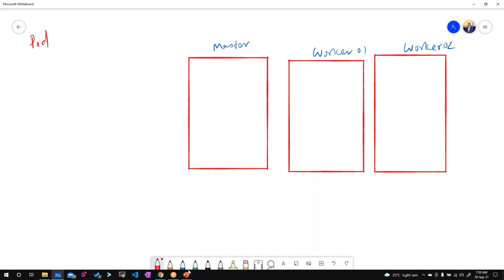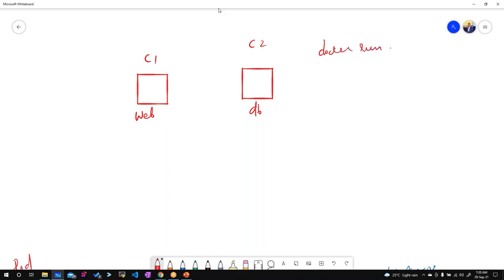platform is a pod. So what is the smallest unit that I can control in the Docker world? Guess what it is. Containers. Yes, so I have containers. I have the container C1, and one more container C2. Let's say container C1 is named web and container C2 is named DB. When I'm running docker run, I would give --name to give a name to the particular container which I'm running.